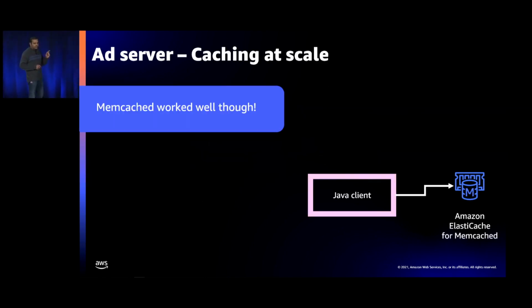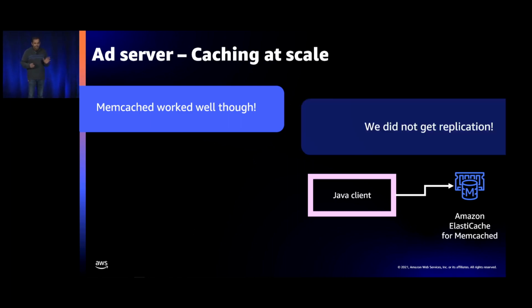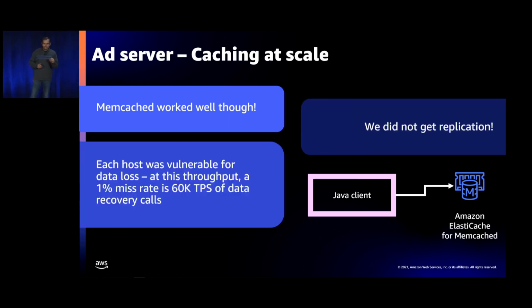Okay, we changed the Redis to ElastiCache Memcached. That somehow worked. The latencies were flat. This was also the solution that we were using on host. So it worked at least. But we did not get any data replication now. So if there is a data loss and even 1% of the data goes away, that means a burst traffic of 60,000 TPS going to the data custodian systems. It will surely brown it out. We can't build systems which can take this much burst traffic.